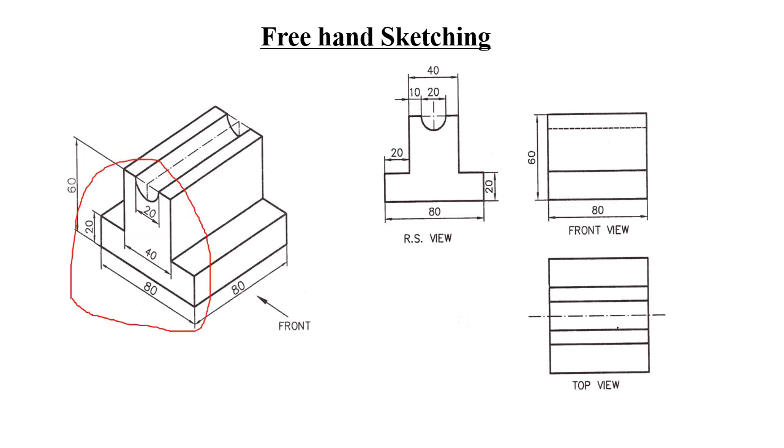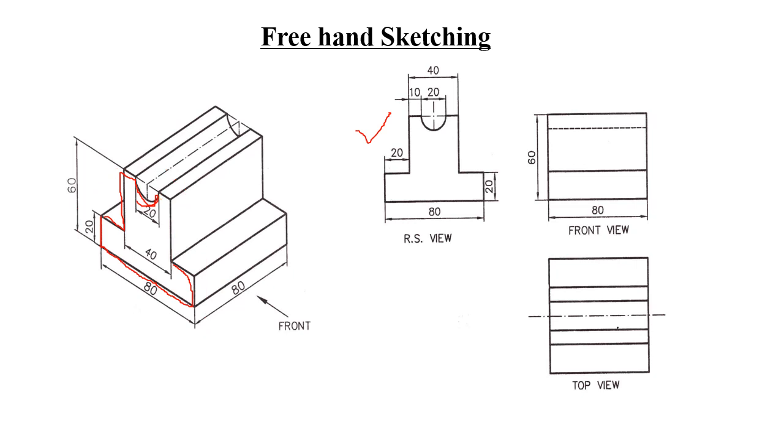Now you can see again, there is a vertical edge, there is a horizontal edge, and then another vertical edge, horizontal edge, horizontal edge, vertical edge, horizontal, and then a semicircle with diameter 20 mm. All the required dimensions are either directly or indirectly given in the drawing. You have to extract, so this line and then this line. That is what is done here, the so-called right side view.